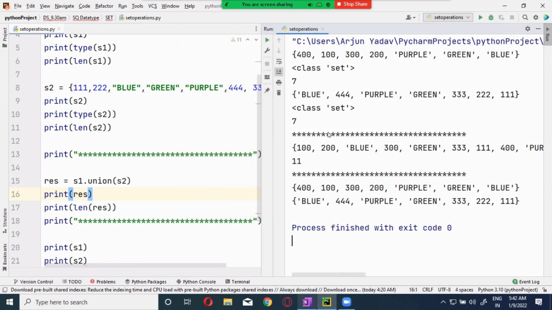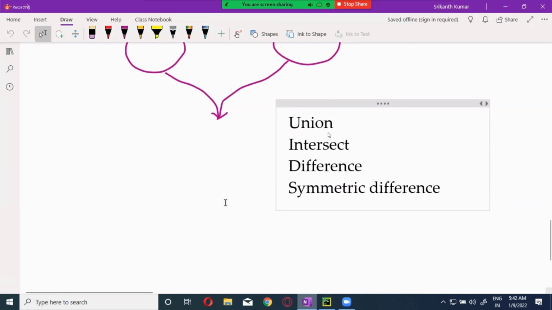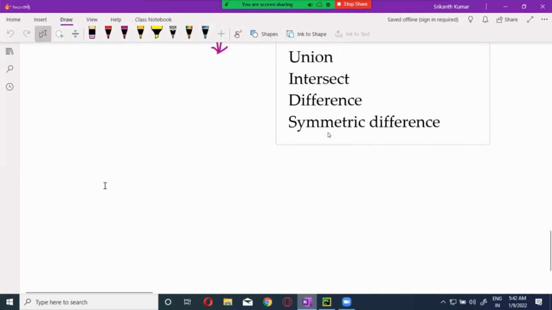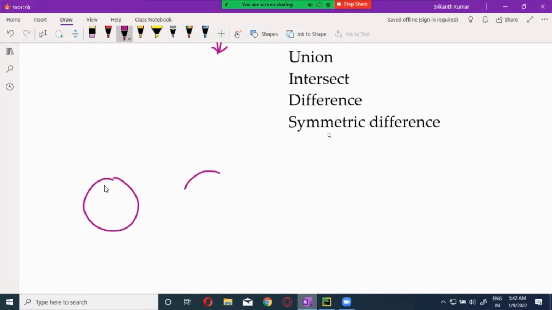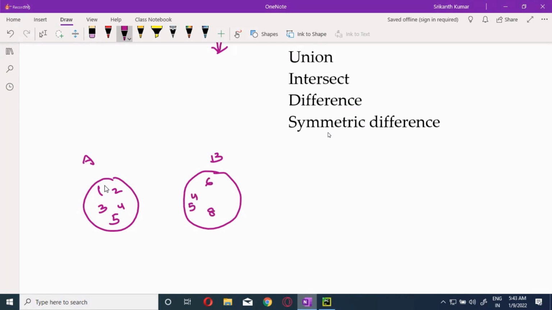Now if you want me to write the union diagrammatically, say I have a set A here and a set B. Set A may have 1, 2, 3, 4 and 5. Set B may have 6, 4, 5, 8 and 9.